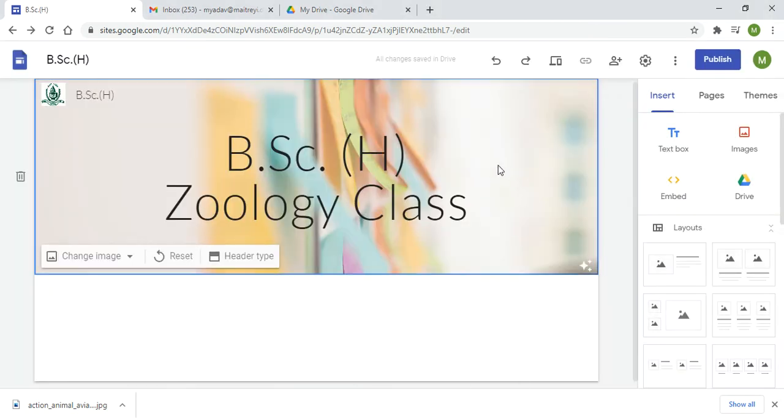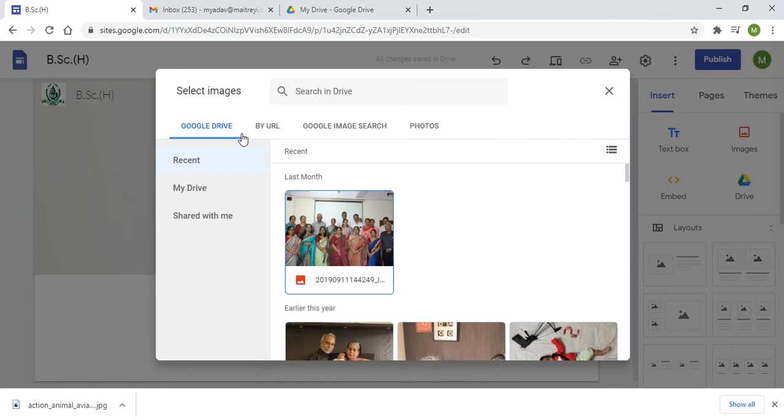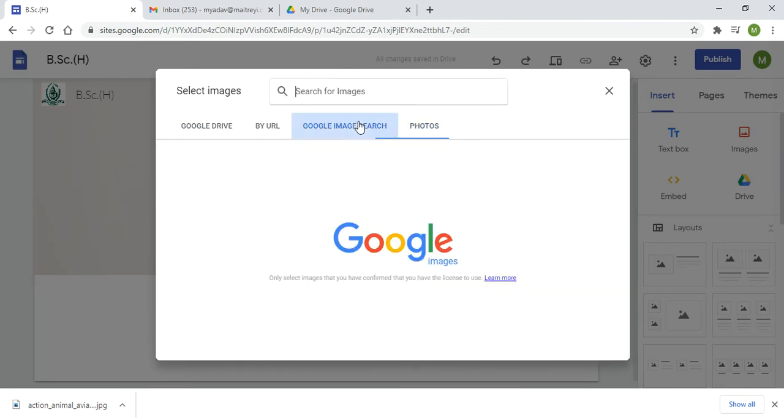You can put the image here with your title page. So you can take the image from the Google Drive by selecting a URL, or you can take the photos from the collection you have in your drive or in your account, or you can search through the Google image.